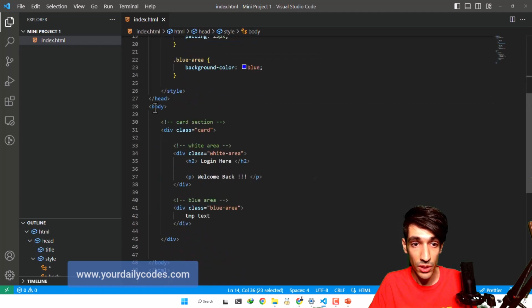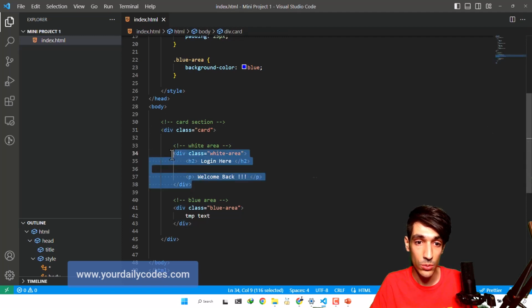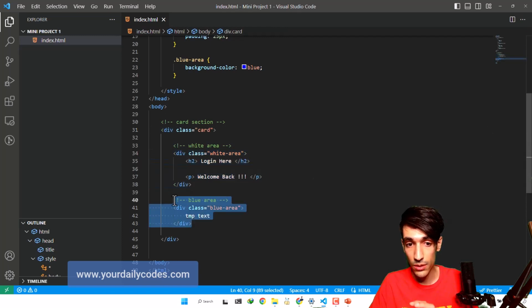So the background will be applied to body as well as everything inside body, or in fact, the children of body. They are called children. For example, this div is a child of this div. These two divs are siblings. These terms are exactly used.